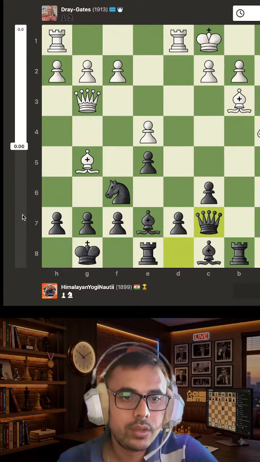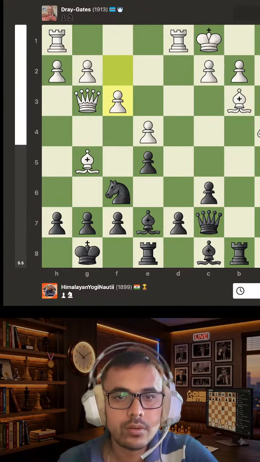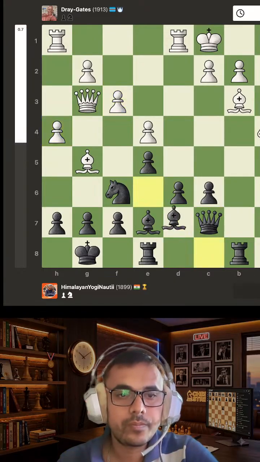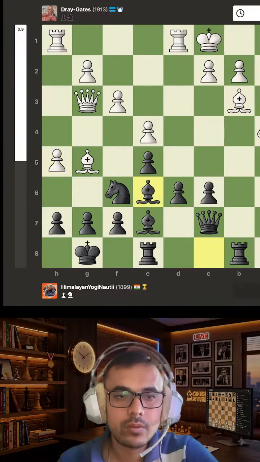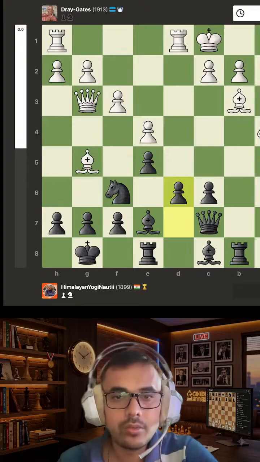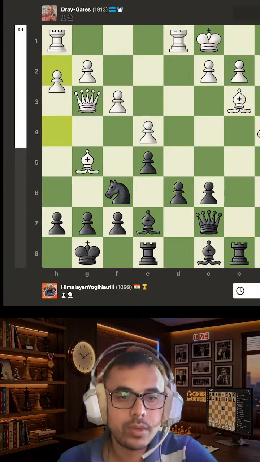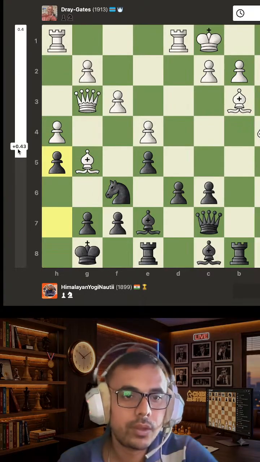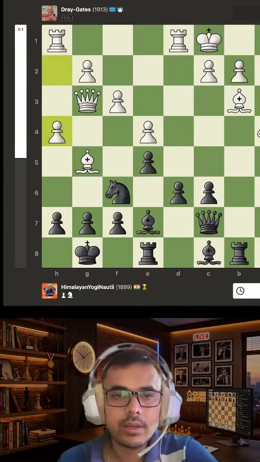Even though, if you see, there should be an equal condition. That was the mistake I think we made over here. What we needed to do, H4 was the brilliant move. Potentially stop this pawn pushing, and there should be a little bit less advantage, but